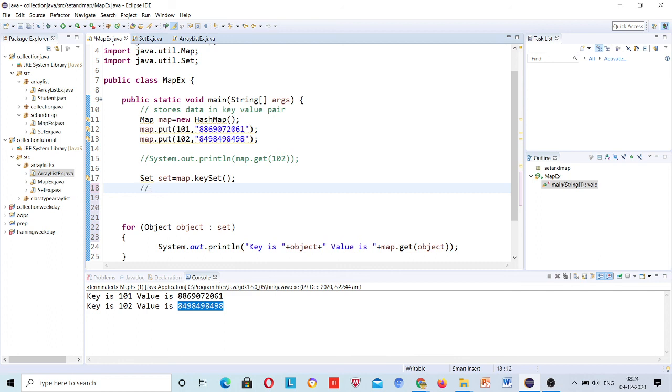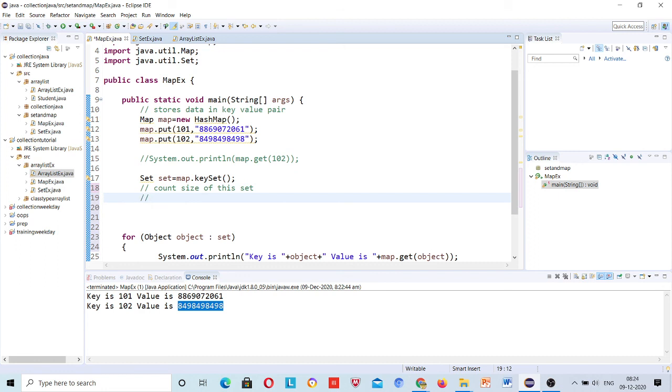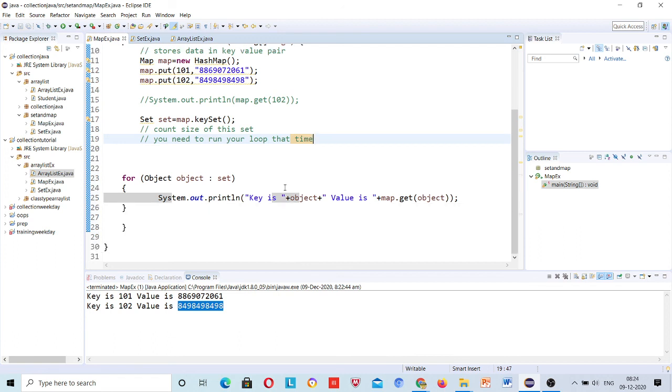First you need to count the size of this set, right? And then you need to run your loop that time, right? Plus the rest of the things are the same. If you just use the dot size method, you need to write it here.